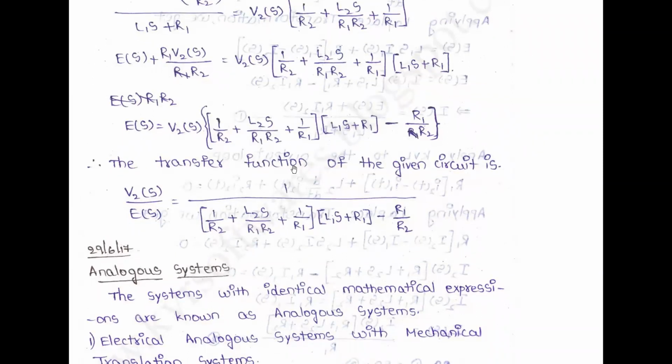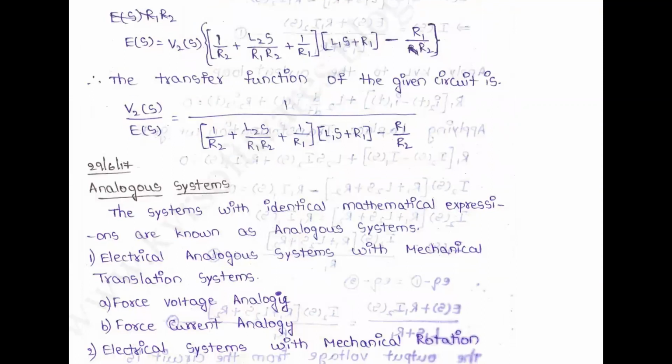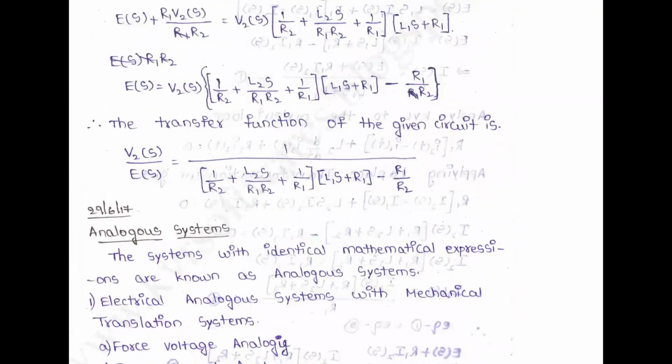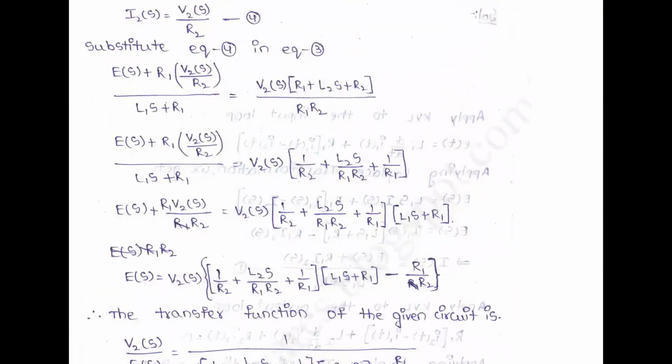s is 1 by R2 plus L2s by R1 R2 plus 1 by R1 into L1s plus R1 minus R1 by R2. If we solve this equation, we get the transfer function. This is the electrical system's transfer function. Okay, next